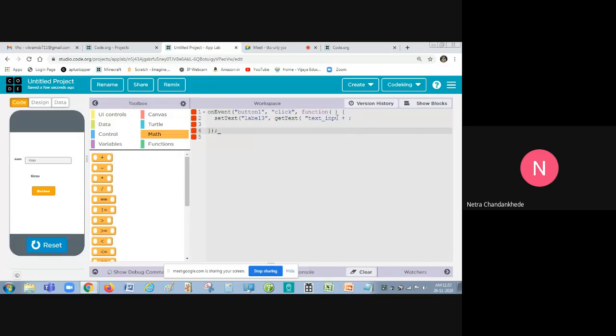Yeah. So text input one, and then you have to close the double quotes. Yeah. And then now you have to add a plus symbol there. No, at the